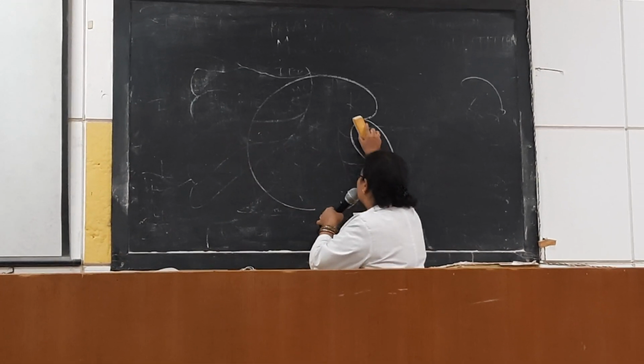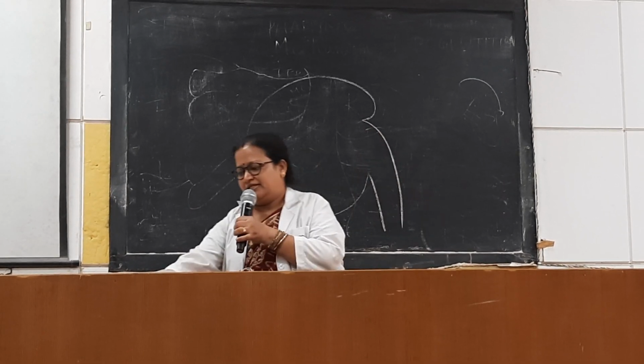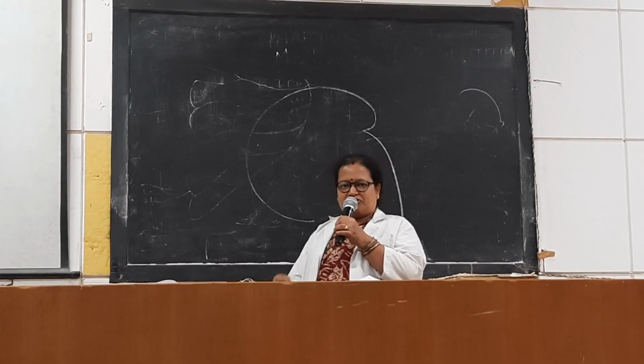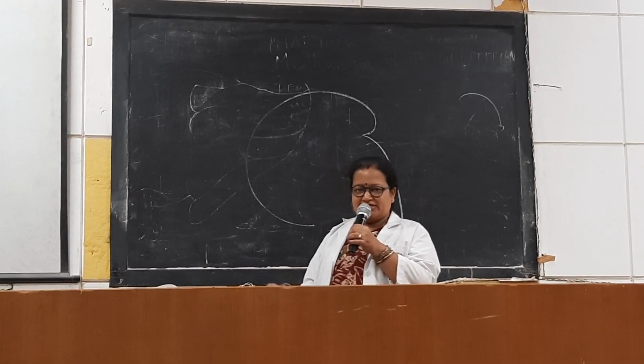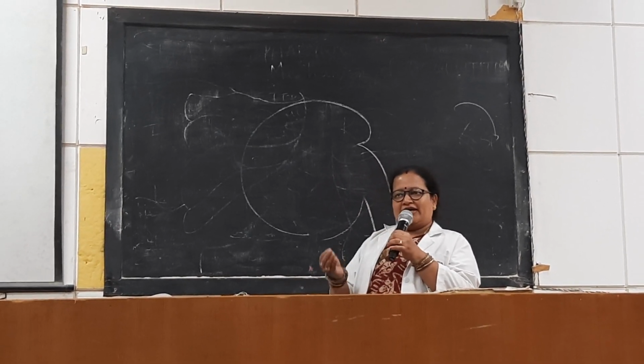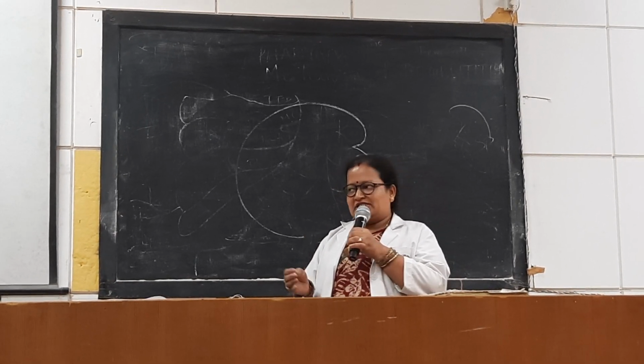So when we cut open the kidney, we find the outer cortex, which comprises mainly of the renal corpuscles, the proximal convoluted tubule and the distal convoluted tubule. And in the medulla, we find 8 to 20 renal pyramids, which are striated.